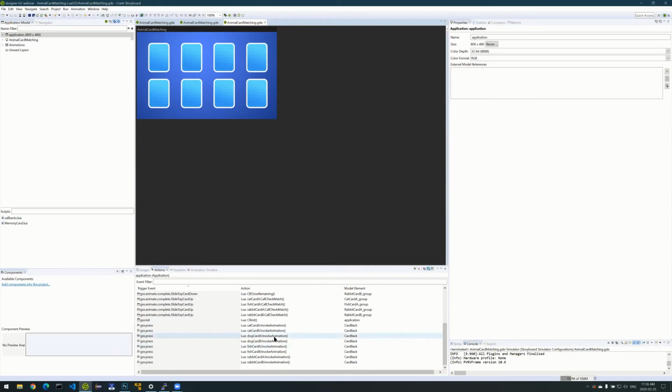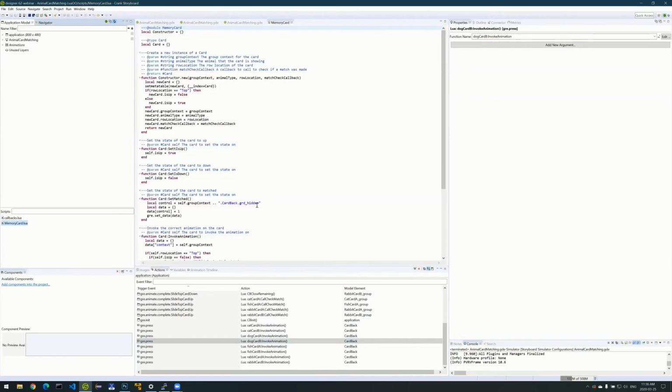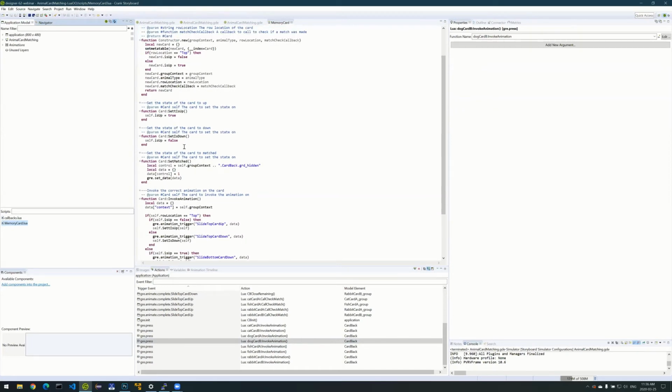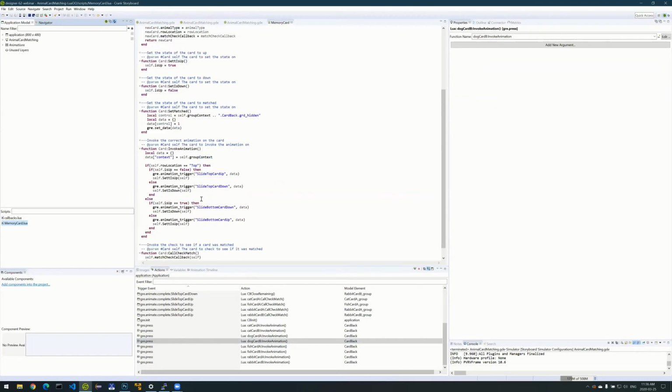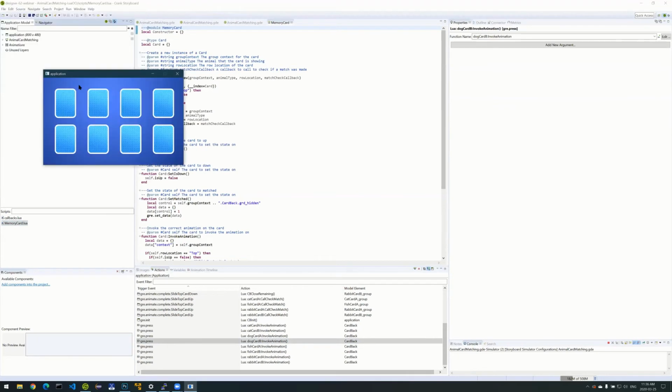And so what we've done is we've allowed the ability to have a Lua function actually work with a Lua object. That's what you're seeing here on the presses. I've actually been able to invoke a function call inside of an actual Lua object. And if you look at my code, you can see I have a card Lua object, and inside of each of those objects, there are the functions that I need to actually track my state and make sure that everything is set up correctly when I'm interacting with my application. So if I simulate it now,